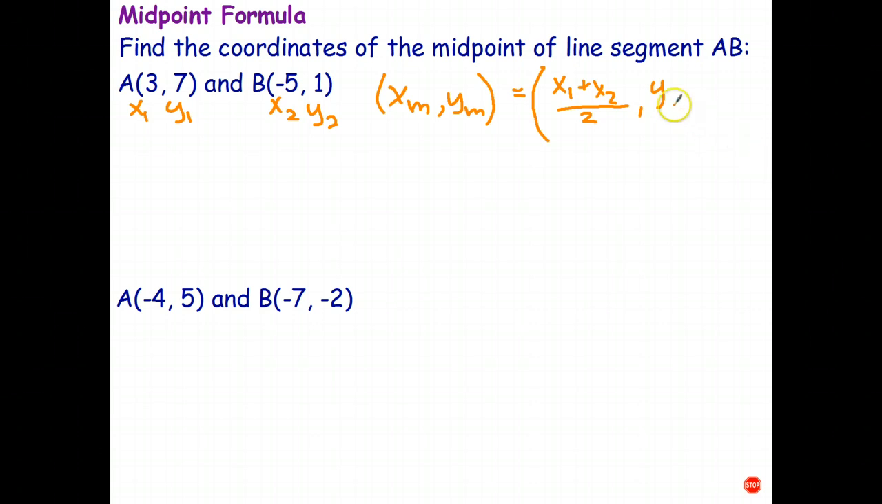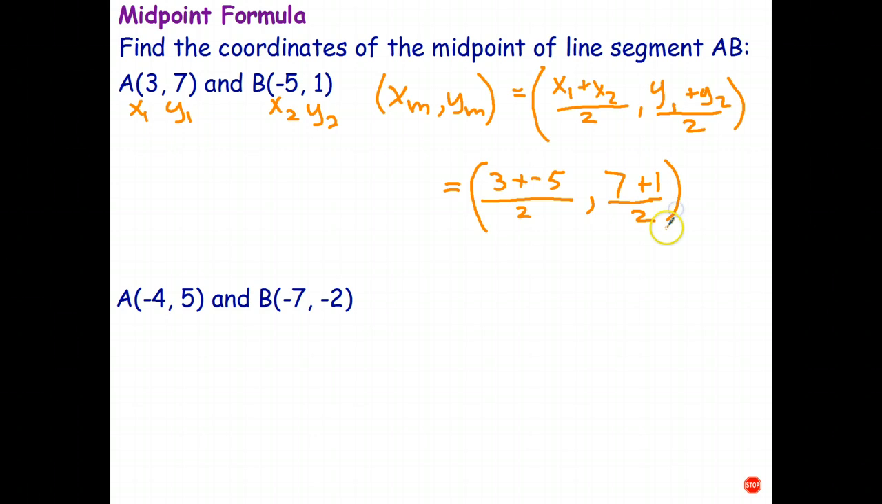and the average of the y-coordinates, y1 plus y2 all over 2. Let's come out here a little bit to give ourselves a bit of space to work. So all we have to do is add the two x-coordinates, 3 plus -5, divided by 2, and add the two y-coordinates, 7 plus 1, divided by 2,